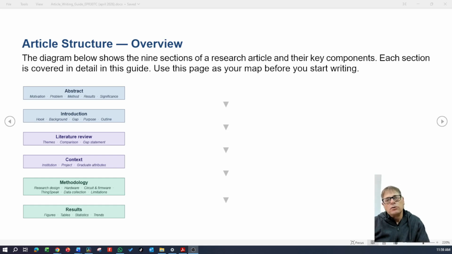Then you go into your best results or your specific results that address your research problem. And then you'll just highlight the significance of this, why this is important.